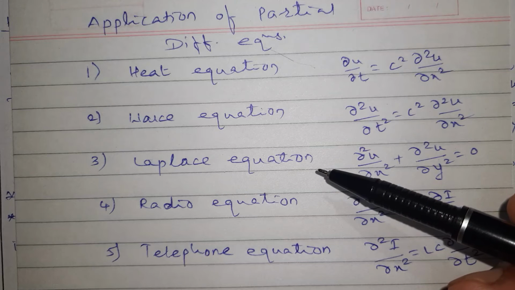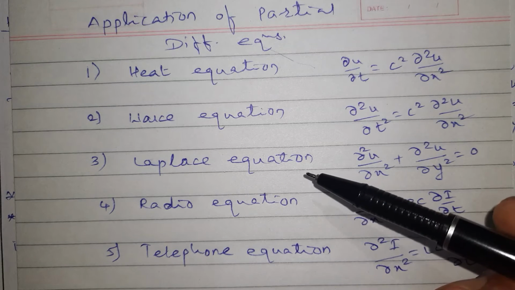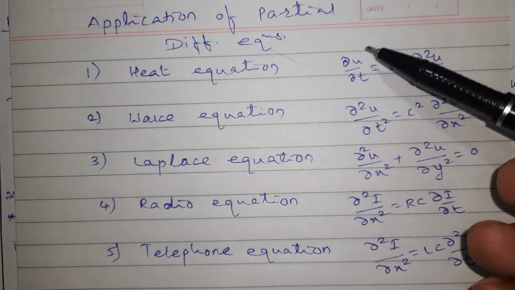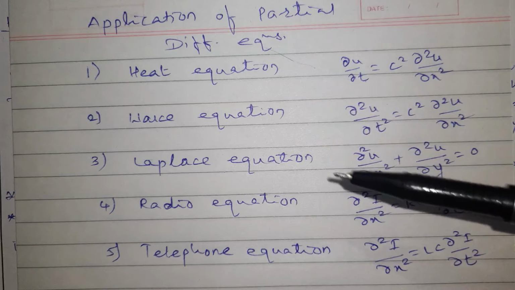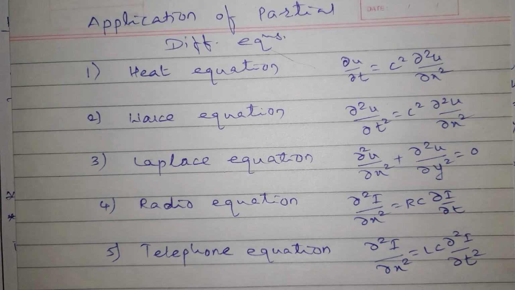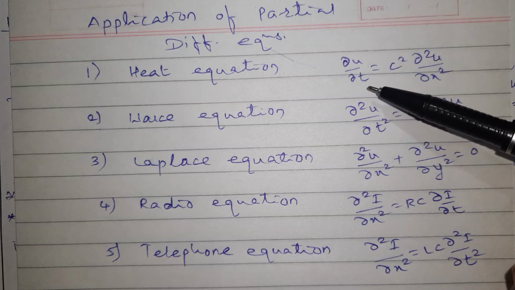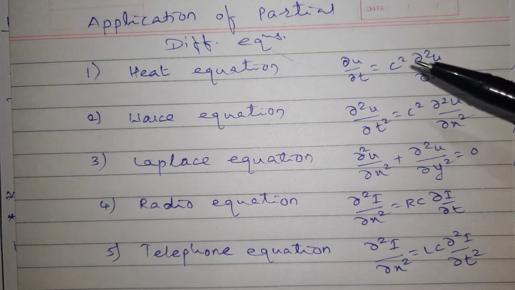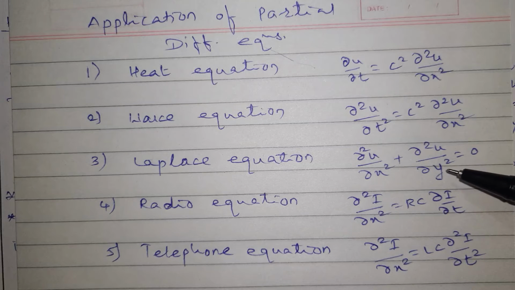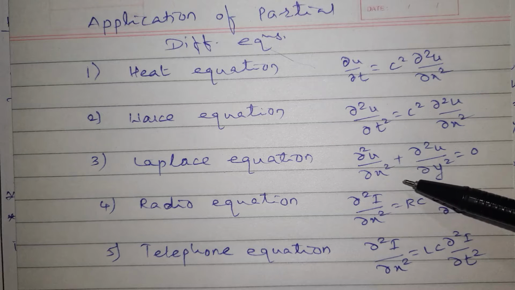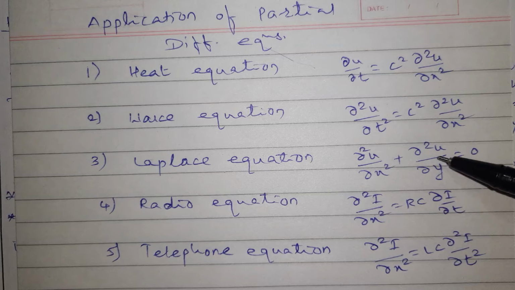Next one is the Laplace equation. The Laplace equation is also called the two dimensional heat equation, meaning here one more direction is required. Now you may get confused. One more direction required means what exactly? Here, if you observe, only x is the direction and t is the time, right? But here there are two directions, the x axis as well as the y axis, two ways, right? So dou square u by dou x square plus dou square u by dou y square is equal to 0. This is our Laplace equation we have to use.